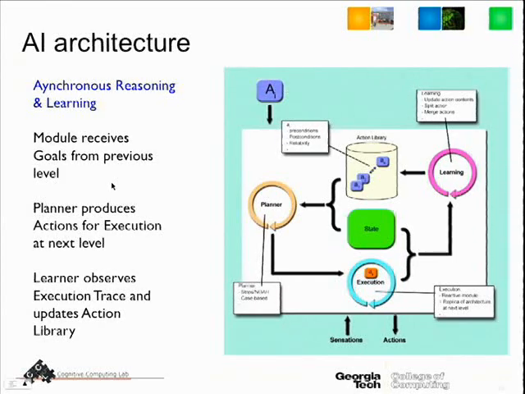The learner is sort of watching the state of the world and the trace of the execution, and so updating the action library or the behavior library. And all of this is happening at the same time. So the actions available to the planner might be changing out from under the planner as it's using them to plan. And the planner then has to decide whether to replan or keep going or whatever.